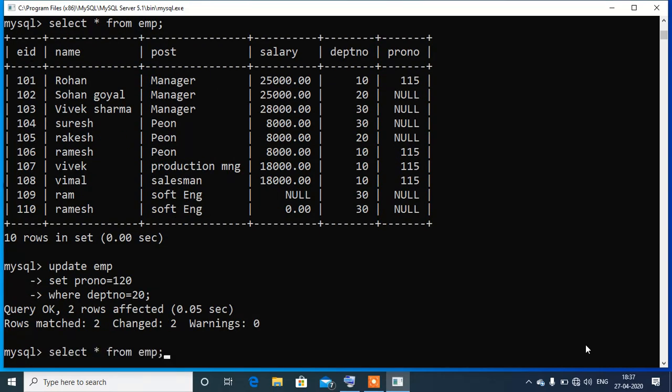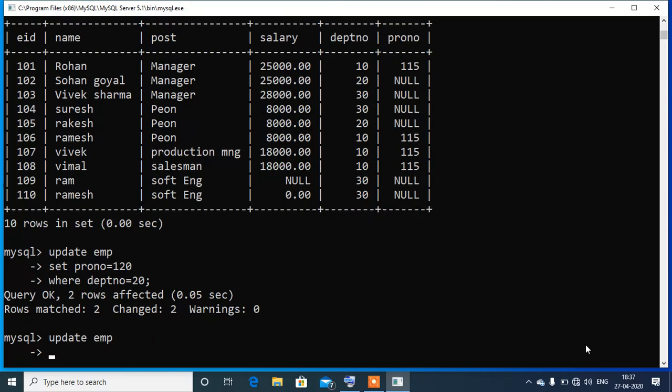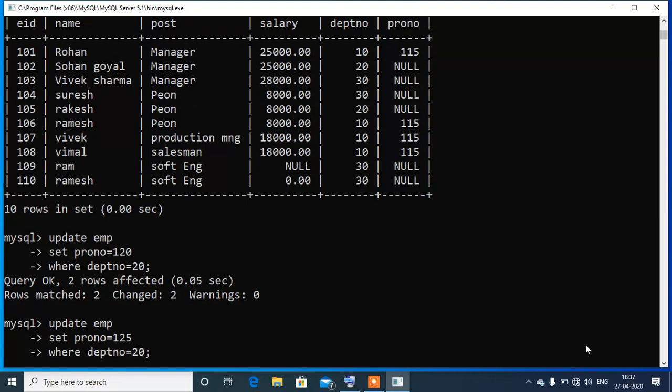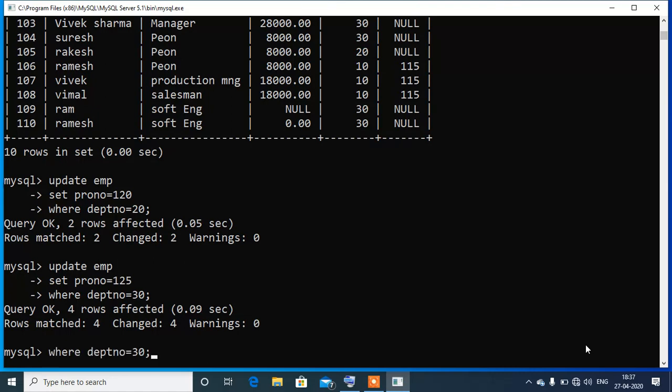Similarly, if we want to change the project number to 125 for all employees who are working in department number 30, we can issue the command like this. You can see update emp set pro number is equals to 125 where department number is equals to 30.